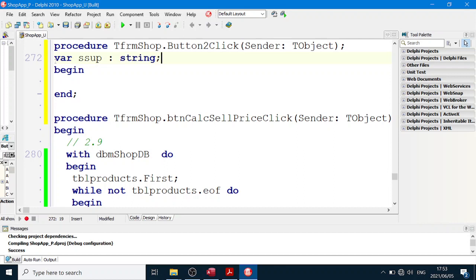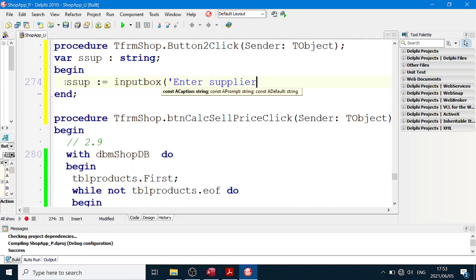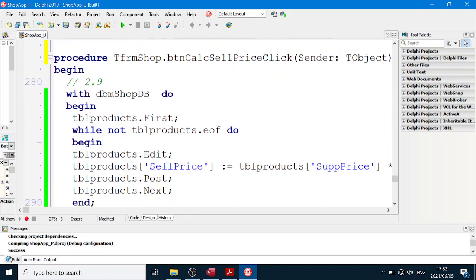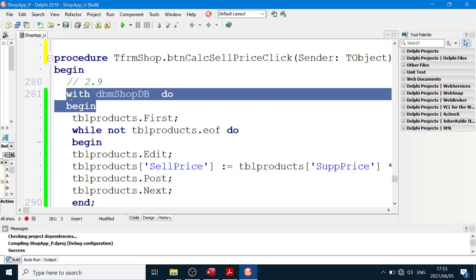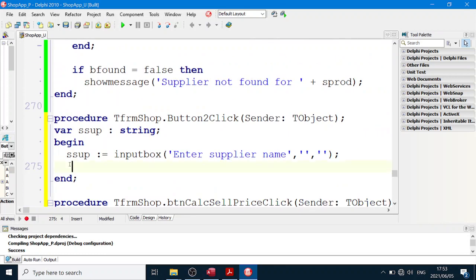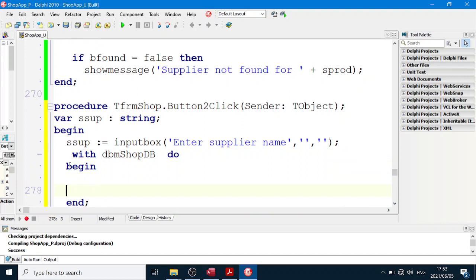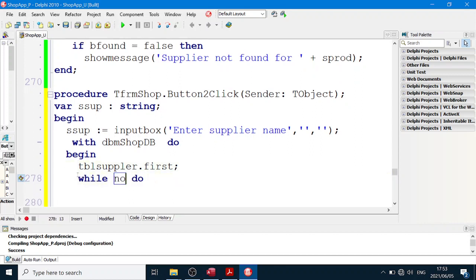String. And I'm not going to use a Boolean flag because we're going to go through the whole table. We're not going to stop. Enter supplier name. And we will go with dbm shops do. As you can see, I'm actually not copying and pasting. I'm just doing it the long way again. And I'm going through tbl supplier dot first. And then while not tbl supplier dot end of file do, begin and end,